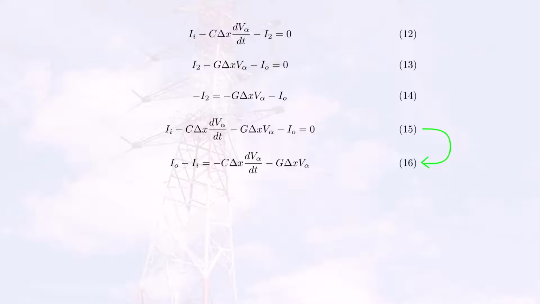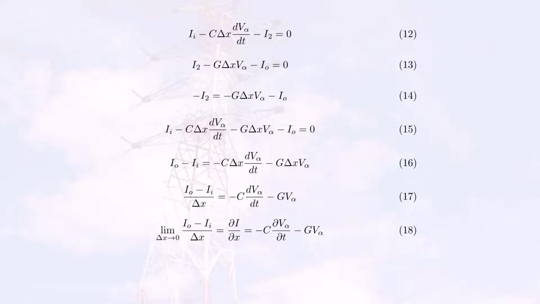So once again I will do division by delta X, and this division will be once again part of a limiting process in which delta X will tend to 0, and as we can see here the result will be a partial derivative of I and the variable X, and on the right hand side of the equation we will have a partial derivative with respect to time,